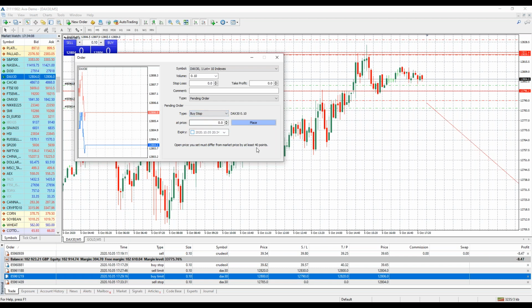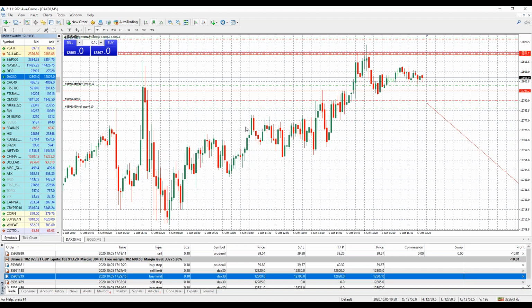I know I said I wouldn't set these up because I didn't want to spend too much time on one asset, but it doesn't take too long. So if it broke past this stop loss and hit 12,830, 12,831, and I put my stop loss then back down, 12,821, and place. Okay, now I'm guaranteed to get in on the ranging move to try and profit either on